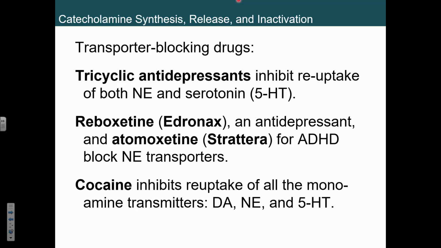Now you can do this, and we do it experimentally. Folks do cyclic voltammetry all the time. You could also do microdialysis, where you sort of suck out the fluid from the synapse, pull that extracellular fluid out and see how much is in there. Again, that's very invasive, right?